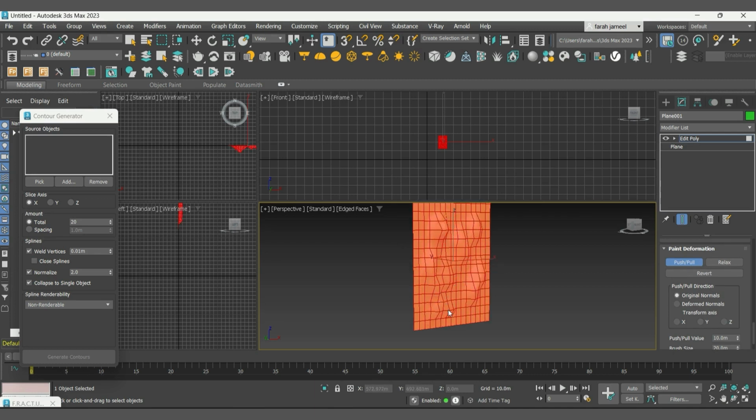You can just play with it, and you can increase the push/pull value and the brush size from the settings in there. So decrease that one. I'll have a few varieties of these, and that should be fine. So once you're happy with that,